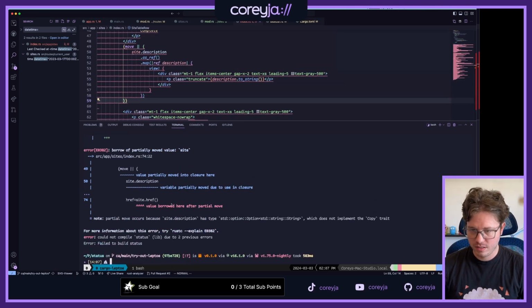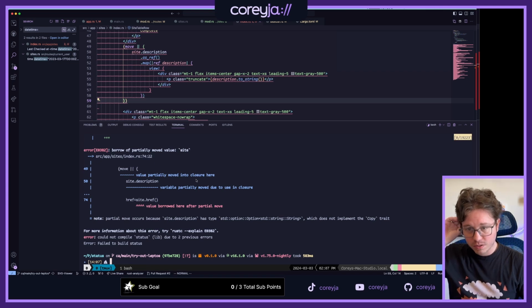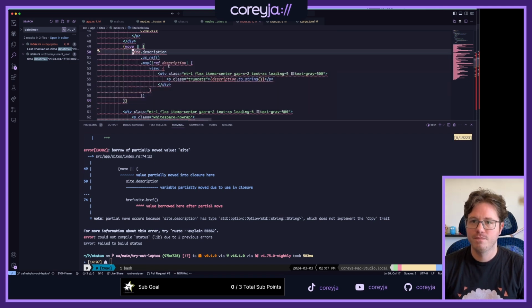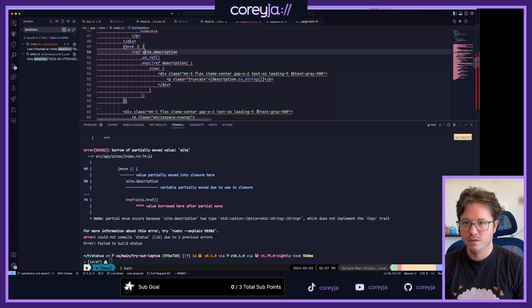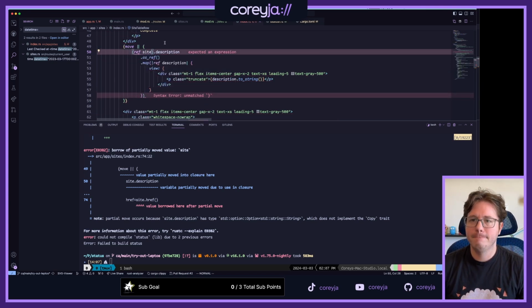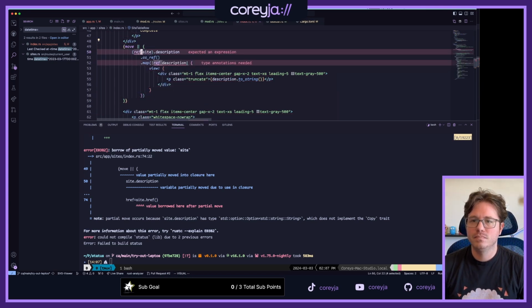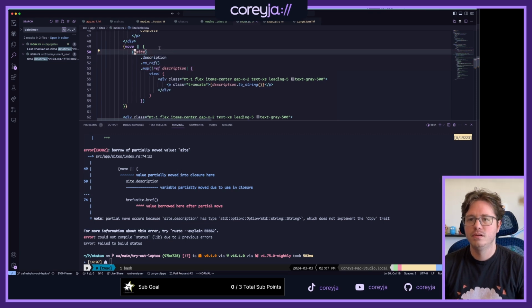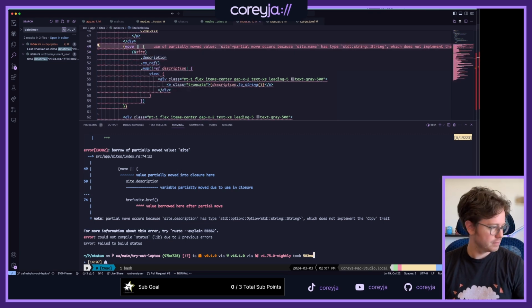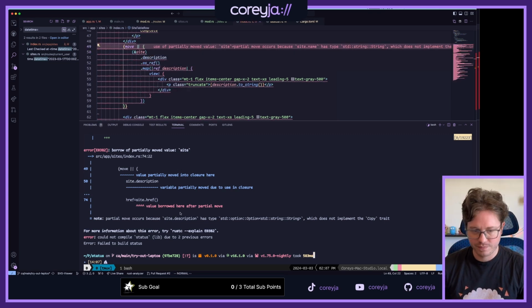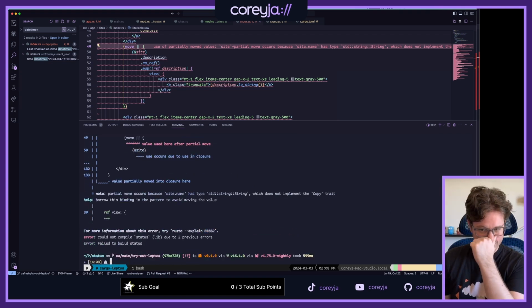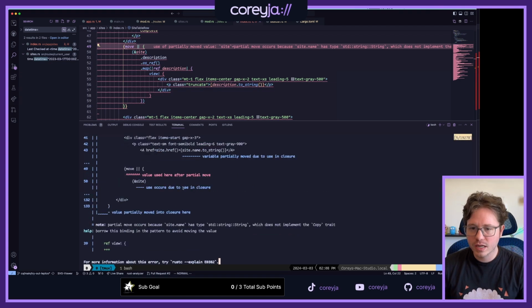Value partially moved here. Nope, same thing. I'll figure out the right incantation of these eventually, but I'm not getting it yet.